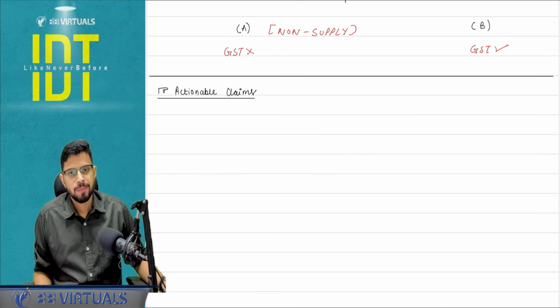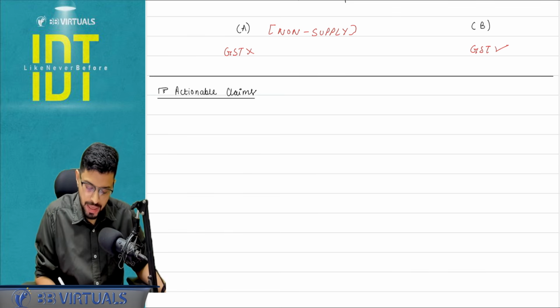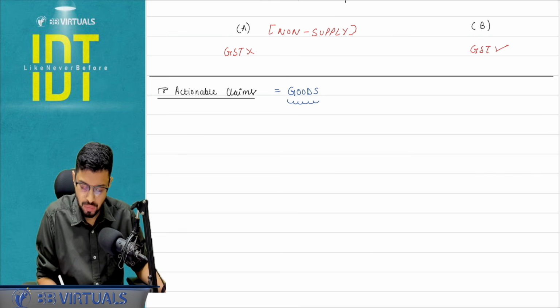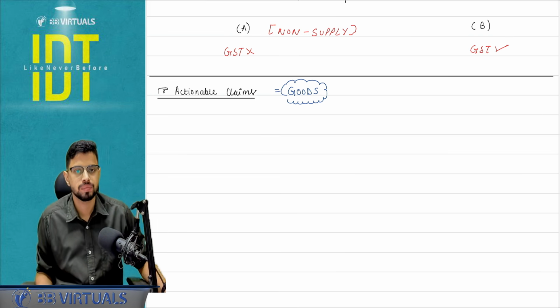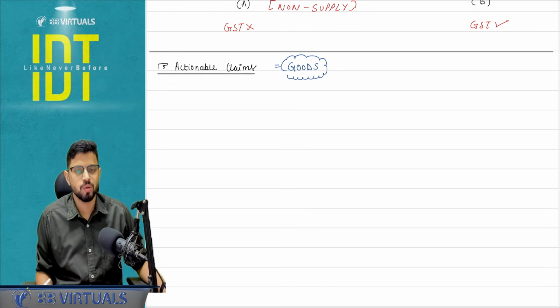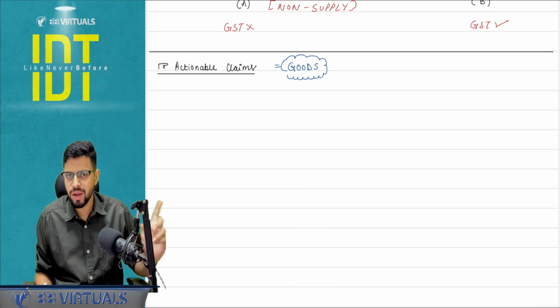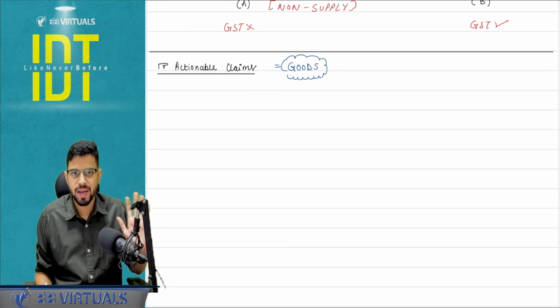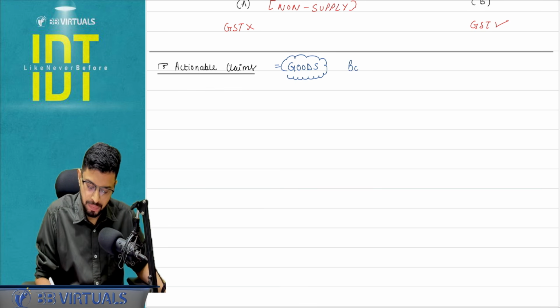You know one thing, that all actionable claims are goods. That is the only thing you know. I mentioned in yesterday's class, and I'm writing it here now, that all actionable claims are goods, but